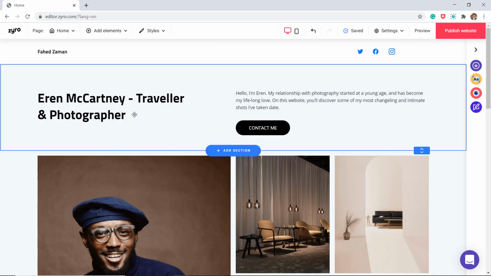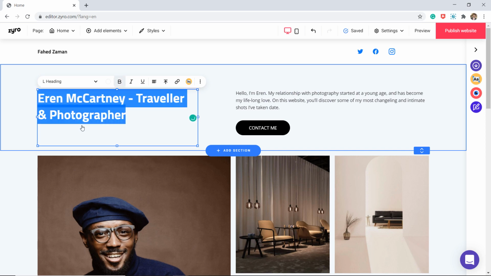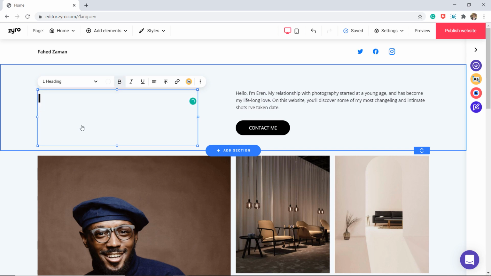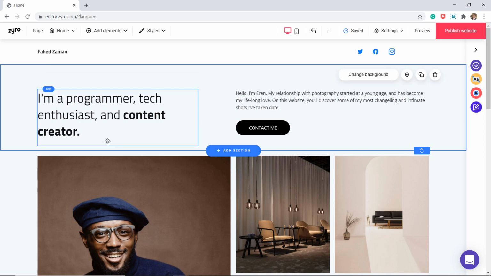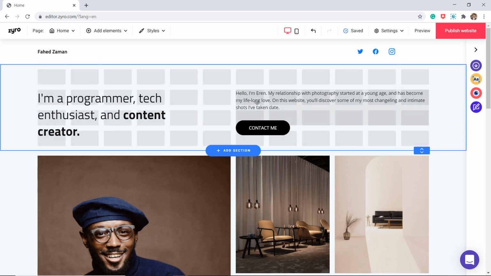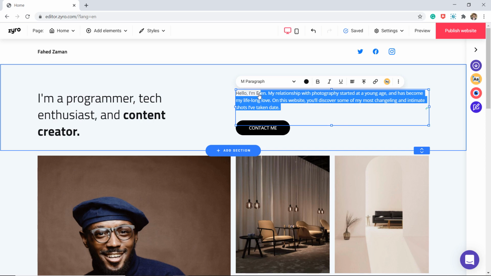And here I will briefly explain myself. This text is about myself, which anyone can read on the website. I want to make it attractive. On this text, I will edit it and write about myself and add some more details here, which looks good.